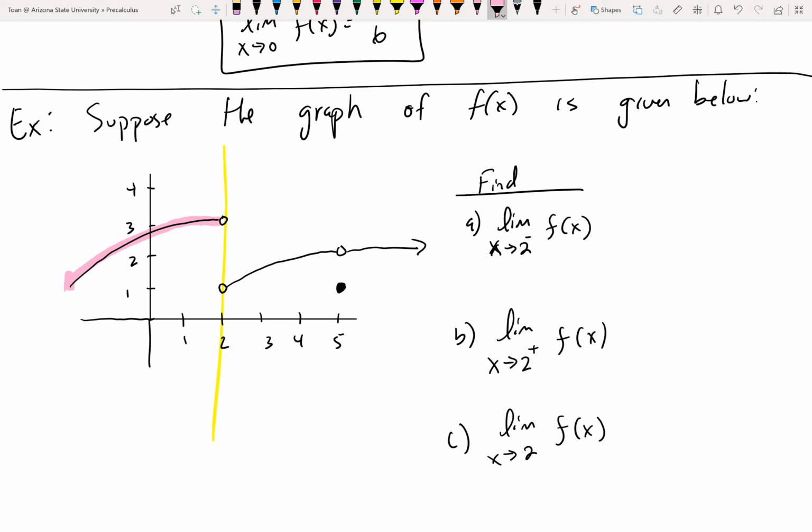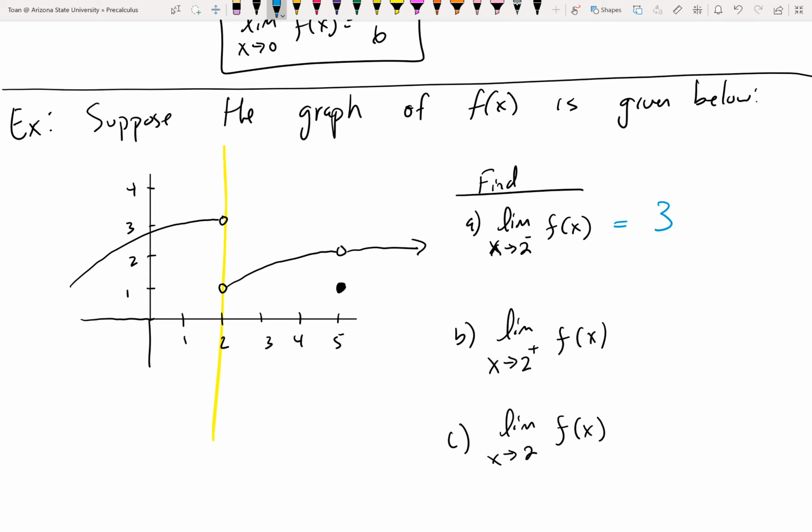Even though an open circle means that particular value doesn't exist, you have to look at the overall behavior. Overall, what y value does it seem to be approaching? I hope everyone can see that it's approaching y equals 3. Even though there's an open circle there, all of the points to the left of 2 are trying to get to y equals 3, and that's the idea of a limit. So here, this would equal